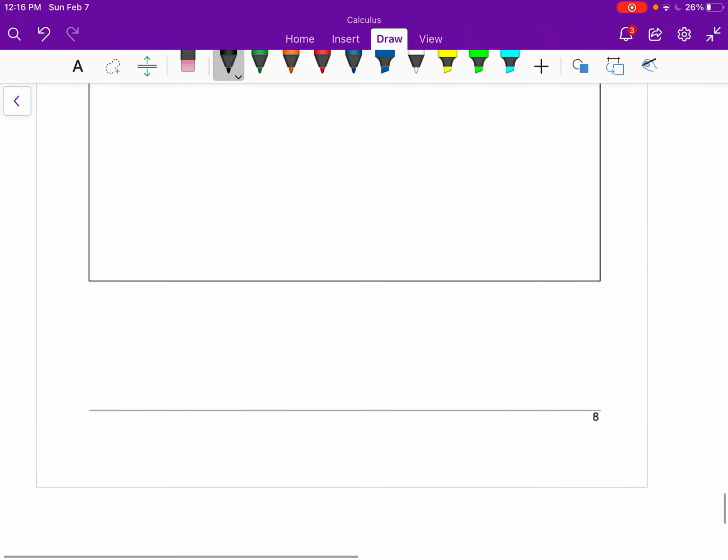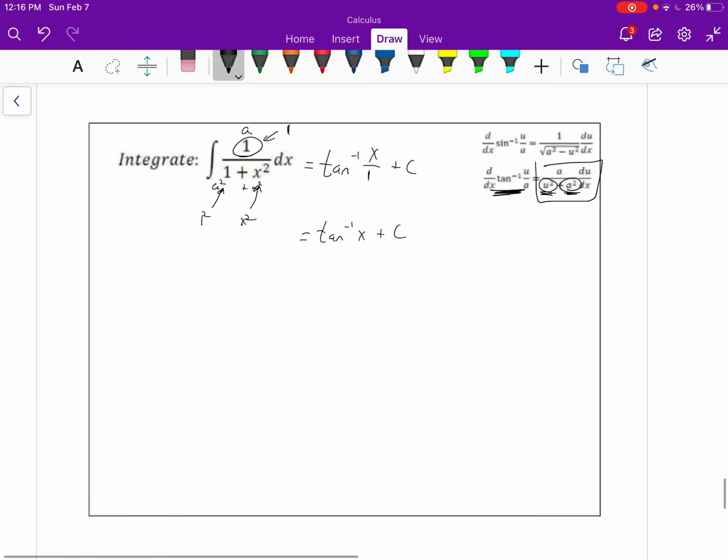And so we want to be able to recognize those as inverse trig functions. And that is it for